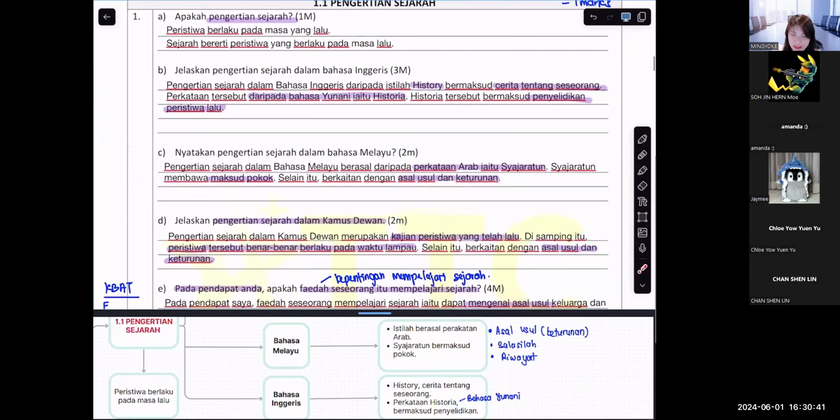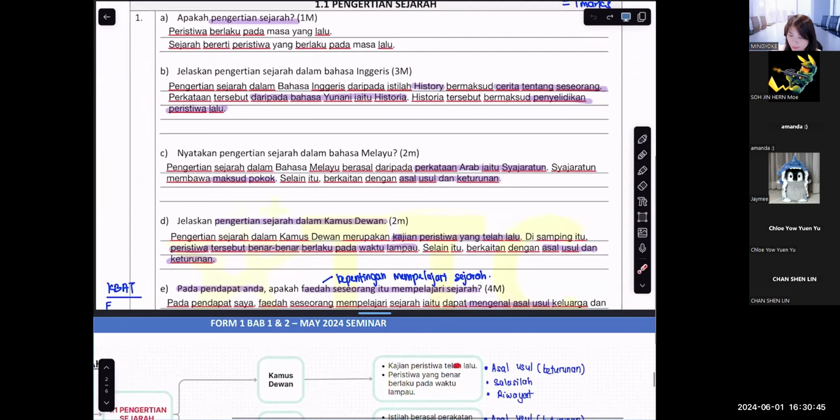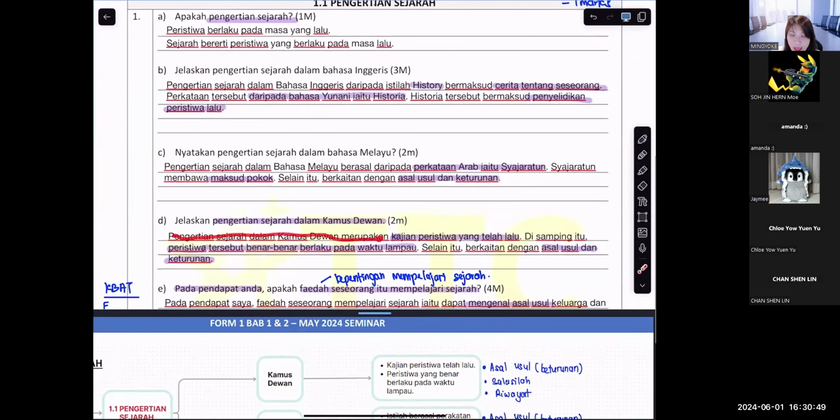So for example, here they say, pengertian sejarah dalam Kamus Dewan. Pengertian sejarah dalam Kamus Dewan merupakan kajian peristiwa yang telah lalu. Di samping itu, peristiwa tersebut benar-benar berlaku pada masa lampau. Selain itu, berkaitan dengan asal-usul dan keturunan. 3 points already. Finally,